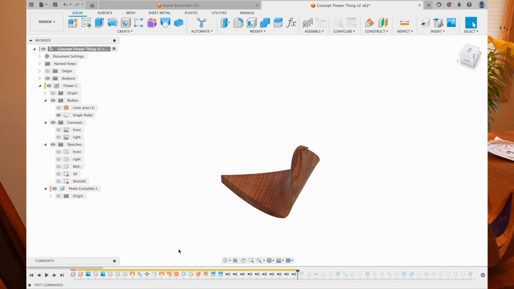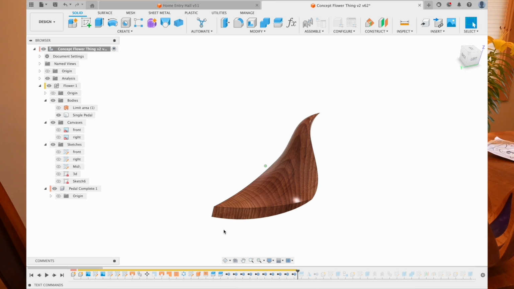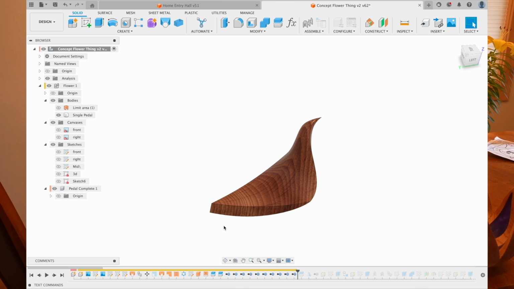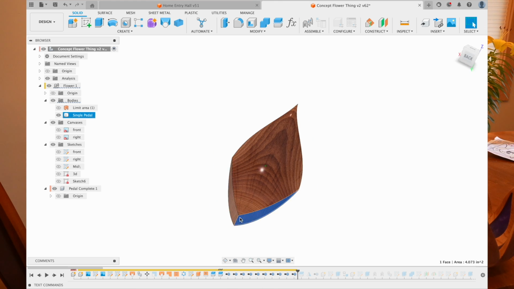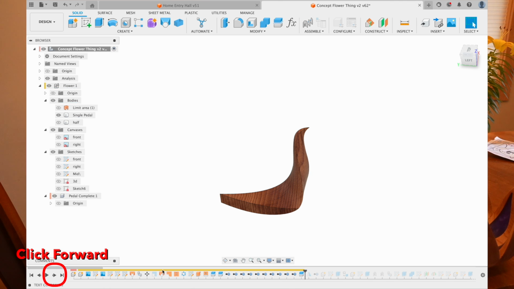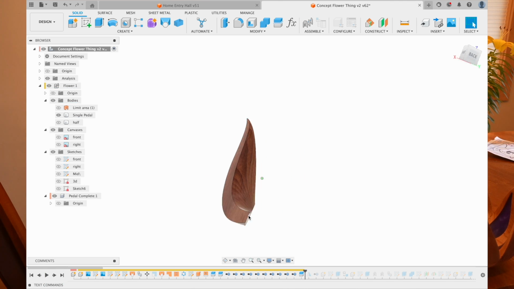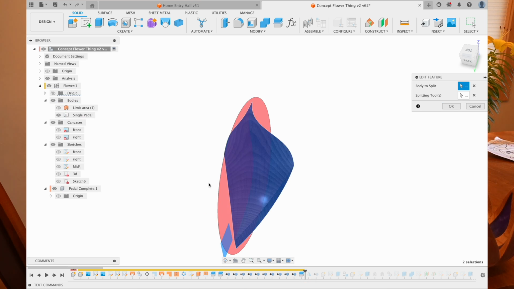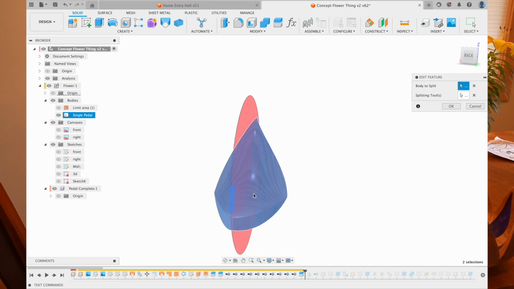And so now I'm left with a single petal that could be replicated around again, but they won't be intersecting. And these surfaces here are perfectly vertical, meaning I could glue them together and machine them accurately. And I was having problems with it mirroring correctly once I realized a circular pattern was not working. So I split this body here, this single petal, right amongst the